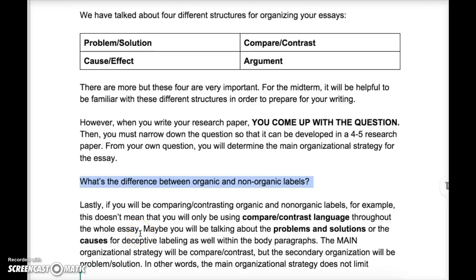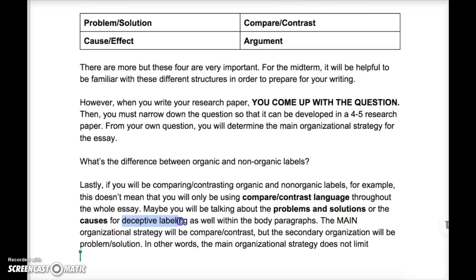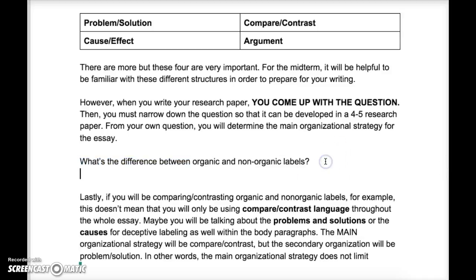Maybe I need to focus. That's a little bit broad. But the point is, I'm not only going to be comparing and contrasting, right? There's going to be more to it. Maybe I'm going to be talking about problems with labeling and solutions, how we can fix those problems, right? Probably focus more on deceptive labeling. So I'm going to change my question, actually. This is something you might want to think about doing too when you're brainstorming your questions and your topics. This is too broad, so I'm thinking maybe, how do organic and non-organic labels